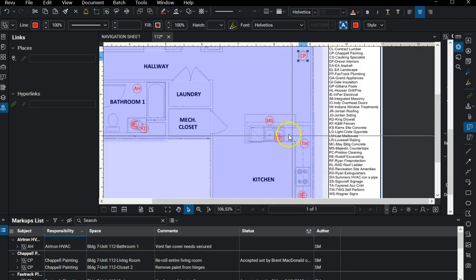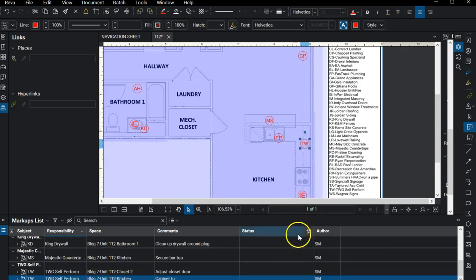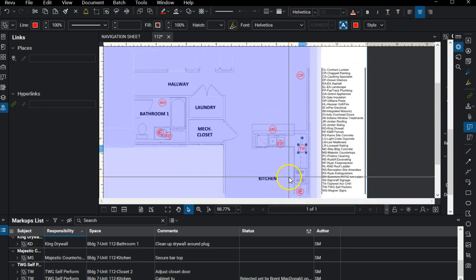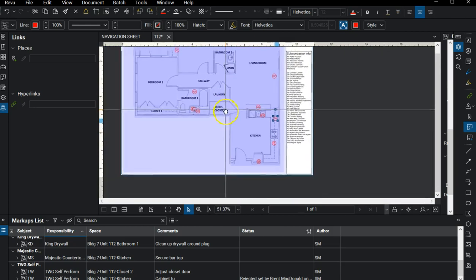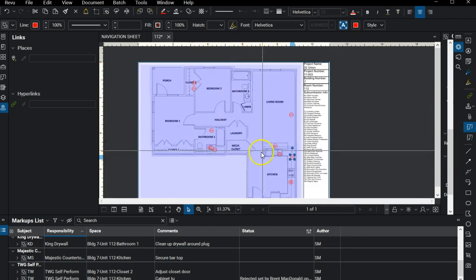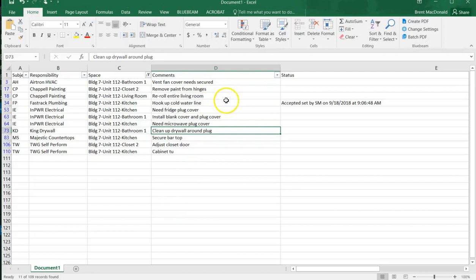But we will go through each one of these symbols just like that and update whether or not the item is rejected or it's accepted, so that ultimately what we have at the completion of this unit, once I save it, is an update to that. So maybe I've completed 75% of the items. Well, now I can just filter that information by only rejected items, so that I can just focus my subcontractors on just those items, and I can sort and filter that when I get back into my Excel file here